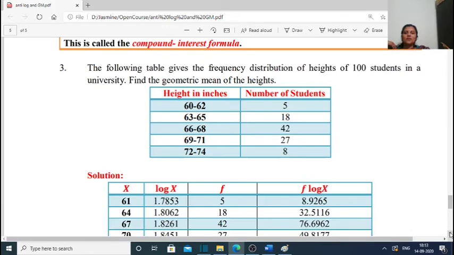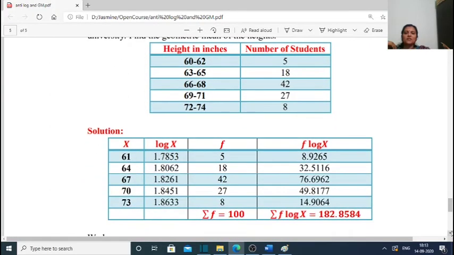Now we have a frequency table of 100 students in a university. Find the geometric mean of the heights. So we have 60 to 62, 5 students; 63 to 65, 18 students; 66 to 68, 42 students; 69 to 71, 27 students; 72 to 74, 8 students. So we have the second formula of geometric mean, which is sigma f log x by capital N. For that, we have to find x, log x, f log x,